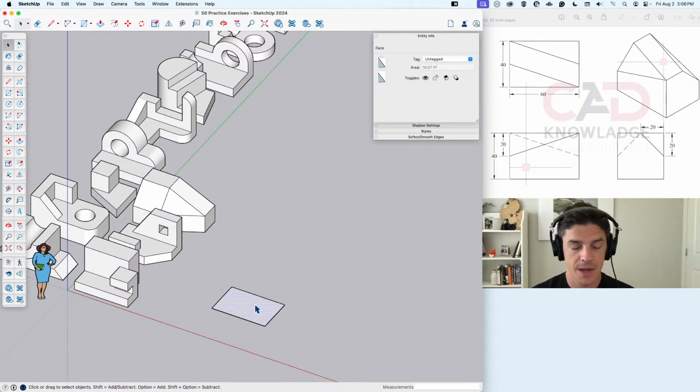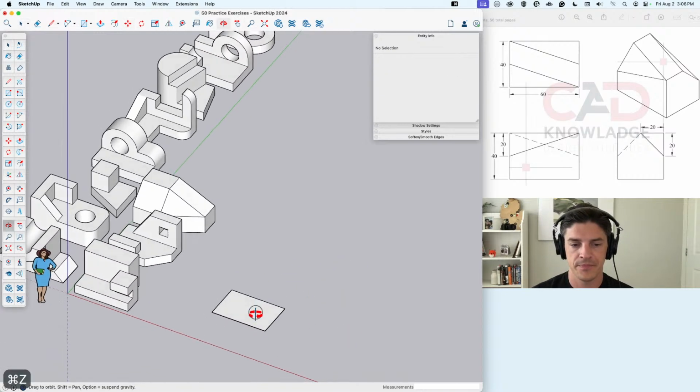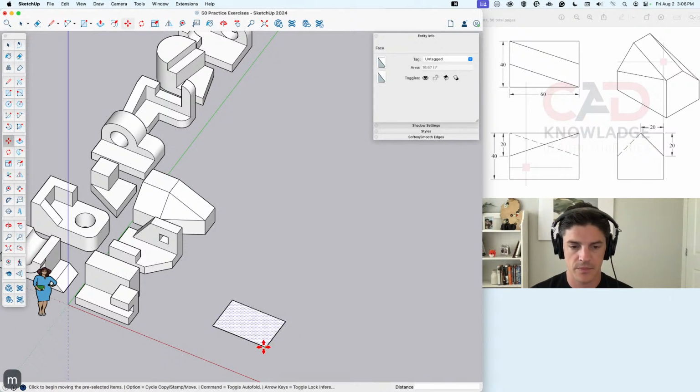Yeah, I'll say one of the main modifier keys I use is with the Move tool, and that's Option on Mac. I think it's Control on Windows. Oh yeah, and it makes a copy. Shout out to Adam. That's a single copy. But not to digress too much on the modifiers, if you click it twice before you select it, you get the stamp,